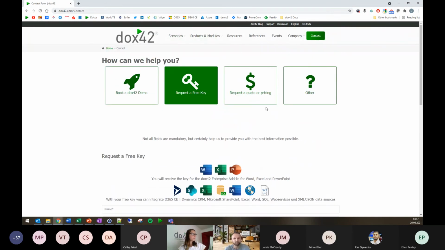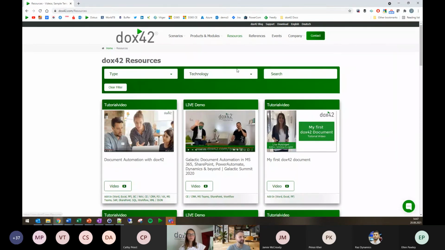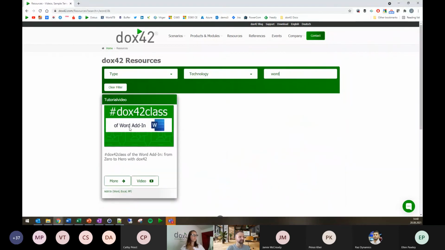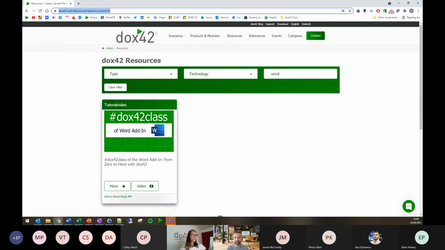There is also, very importantly, the resources page. If we have a look into Word here, there is the Docs42 class of the Word add-in, which even shows you how to download, how to get the free key, how to do basically everything to start also with our demo.